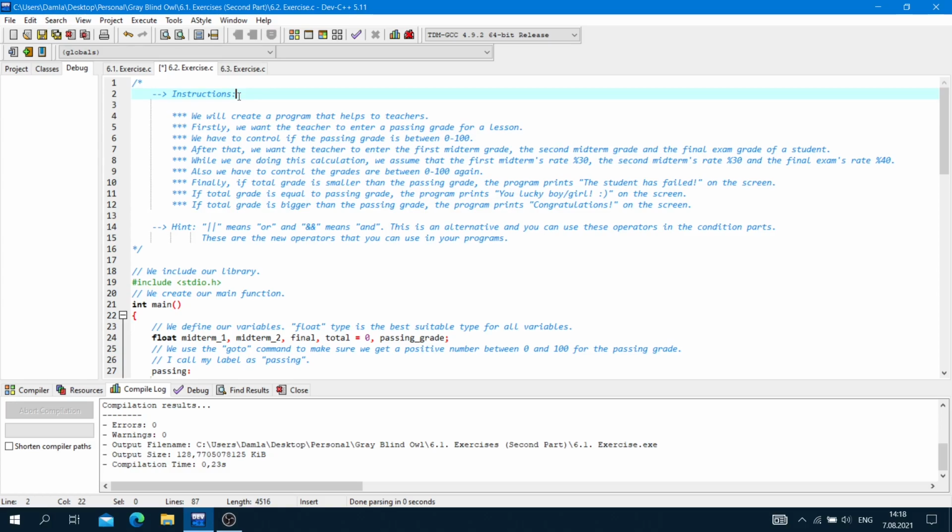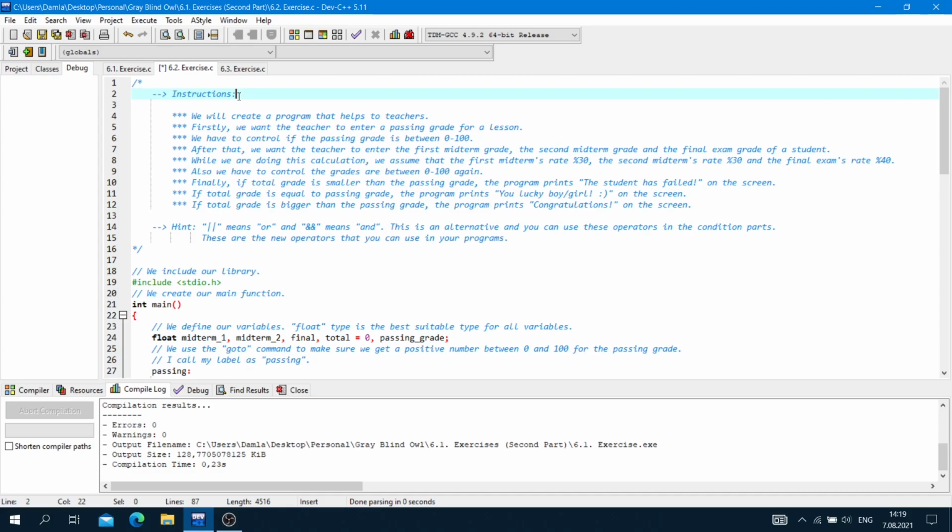Also, we have to control the grades are between 0 and 100 again. Finally, if total grade is smaller than the passing grade, the program prints the student has failed on the screen. If total grade is equal to passing grade, the program prints you lucky boy or girl on the screen.